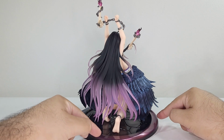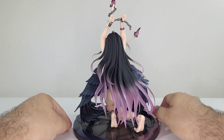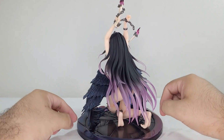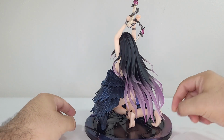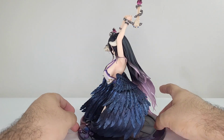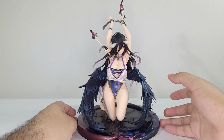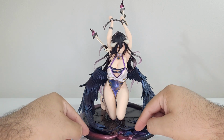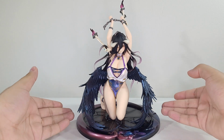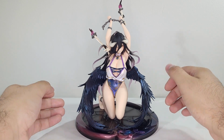the rose red or the rose pink and the dark purple. I'm trying to use my knowledge of colors because I do know the colors. I am sort of an artist, but at the same time I don't recall the names of the colors, but it does have a really nice transition between the pink and the purple on the sides, and the